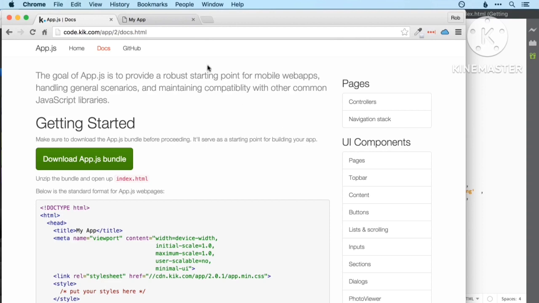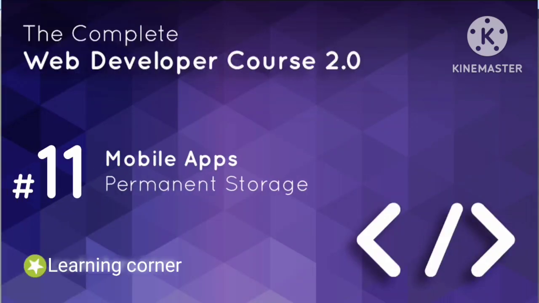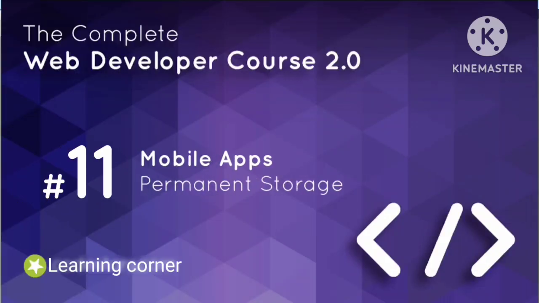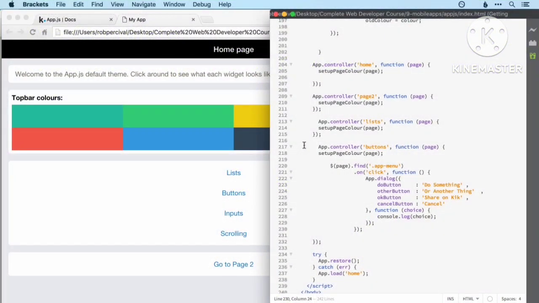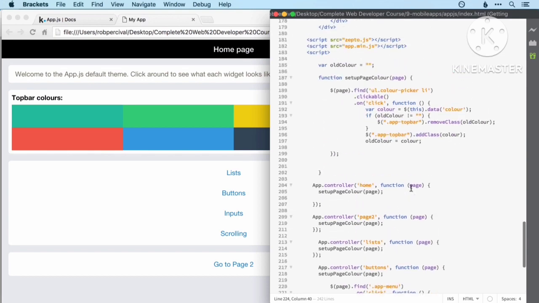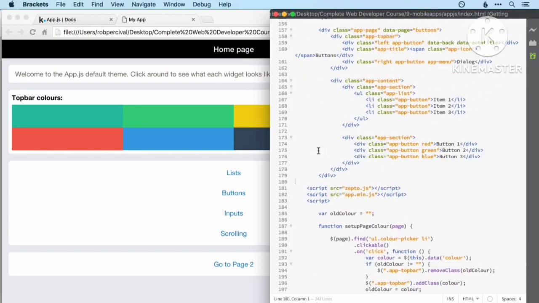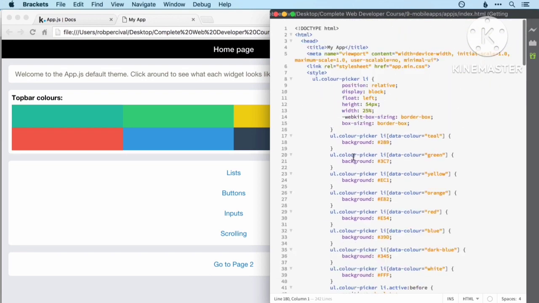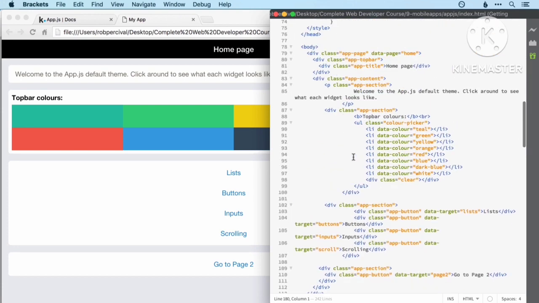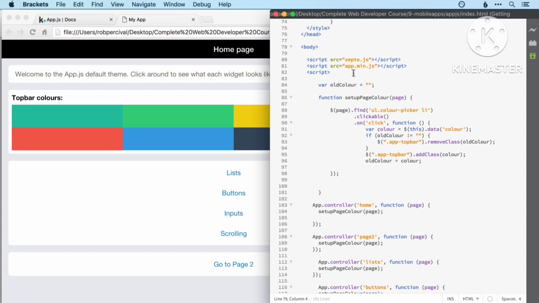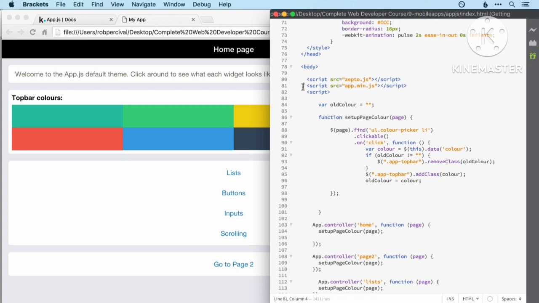That's not something we've looked at before, but we're going to see how to do it now with the HTML5 tool local storage. So local storage is a way of storing data permanently for your website or mobile app on the user's computer or phone. It's pretty easy to use, and I'm just going to get rid of all our code here to avoid any confusion, because what we're doing here is not unique to App.JS by any means,